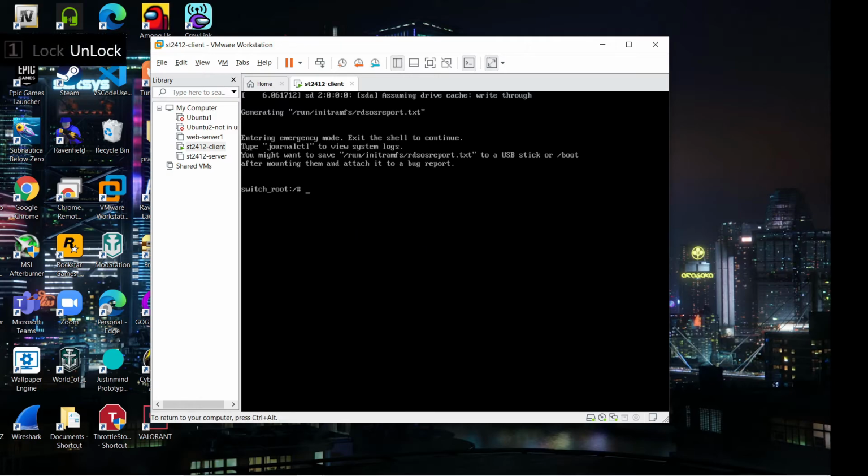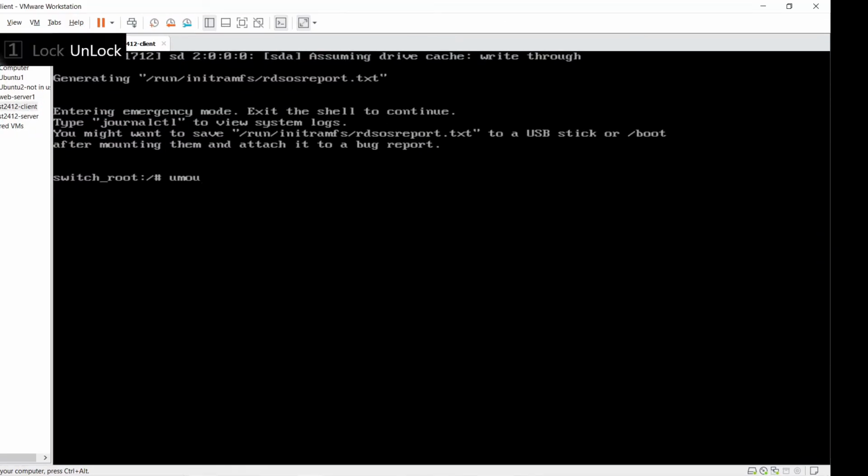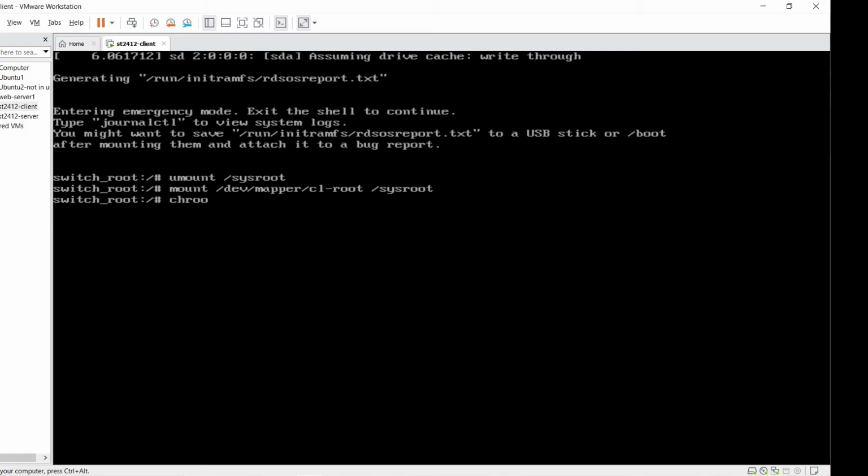So now I'll type umount /sysroot, and then I'll type mount /dev/mapper/cl_root /sysroot. And then finally, I'll type in chroot /sysroot.